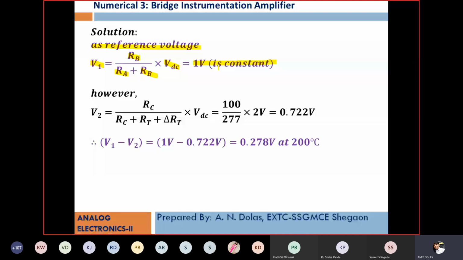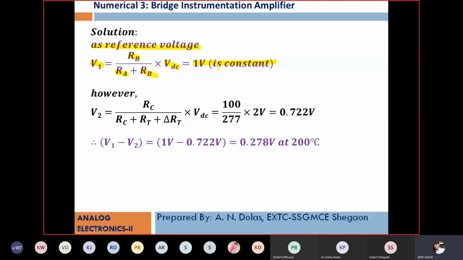This will be constant and work like a reference to the instrumentation amplifier, because whenever you are counting or measuring some physical quantity, you want a certain reference, and it is generated here. Like if you wanted to measure 1 kg of sugar on a balance, you need a standard 1 kg weight to measure the sugar. So that's the standard reference.